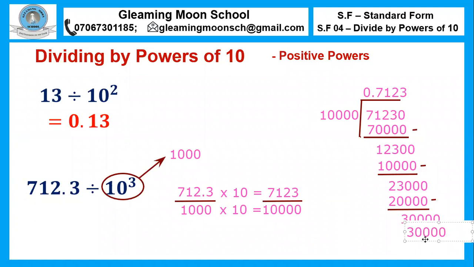So at this point, when we subtract, we are going to get 0. 30,000 take away 30,000 will give you what? 0. And at that point, we have finished with our long division. And you can see that your answer is clear. This becomes our answer. Okay, and that means 712.3 divided by 10 raised to the power of 3 is equal to